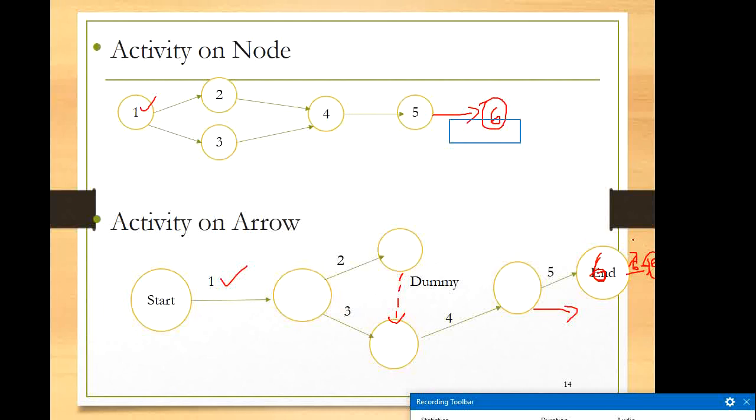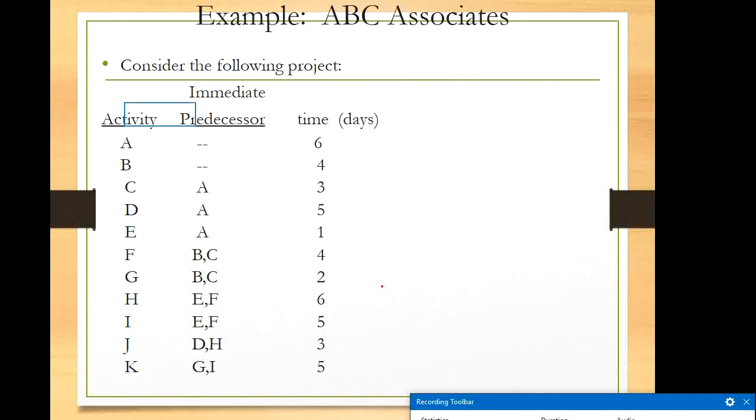Okay, this is the way we can draw the diagram for any network based on the preceding activities or predecessors. If anyone asks you what is the immediate predecessor for activity 6 in this, the immediate predecessor is 5. What is the immediate predecessor for activity 4? For activity 4 the immediate predecessors are 2 and 3. This way we have to understand. Then you can take one more example and draw the network diagram. For some other examples I can post on the Moodle in the slides.